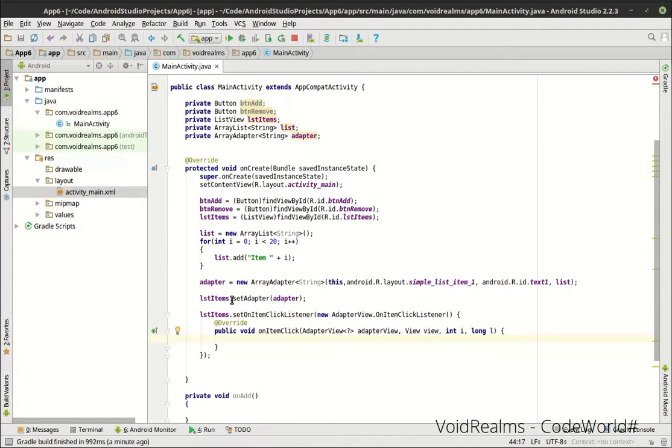It gets a little confusing, but really what you need to understand is you have your adapter view, which is the actual list view itself, and then you have the view, which is anything displayed on the screen is considered a view, and then you have the index in integer and I believe in long form as well. I can never remember if that's the same thing as this, but we don't really need it, so it doesn't really matter too much. So let's say string,